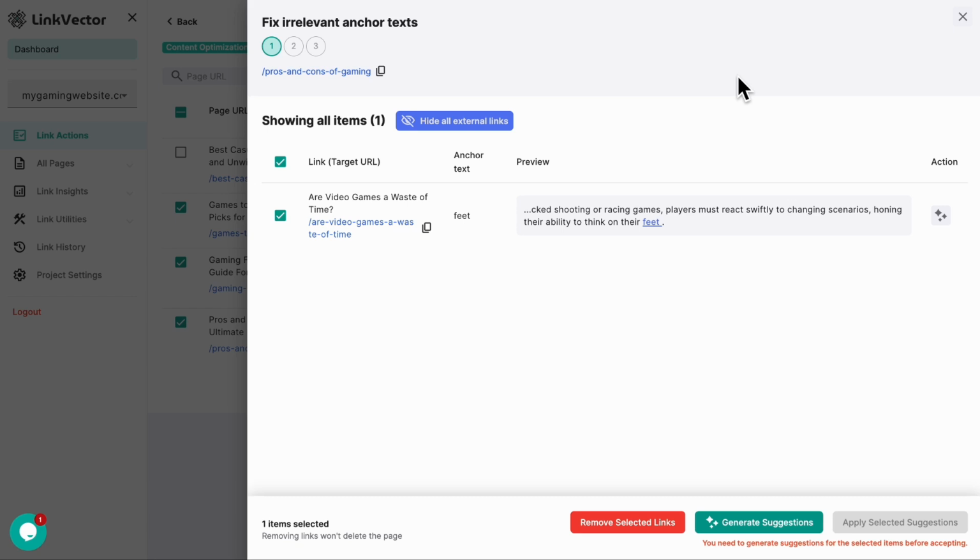From inside this window, you can see how the anchor text and the URL are mismatched. For example, the anchor text feet here links to a page about video games are a waste of time, which is irrelevant. And here you can see how this anchor text is used in the content. Next, there are two ways you can fix irrelevant anchor text for your internal links. You can either generate relevant anchor text suggestions to replace the irrelevant ones, or remove the hyperlink from the anchor